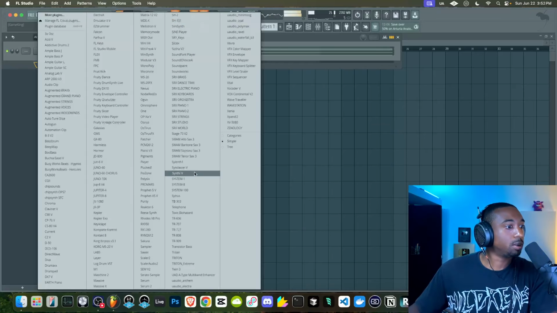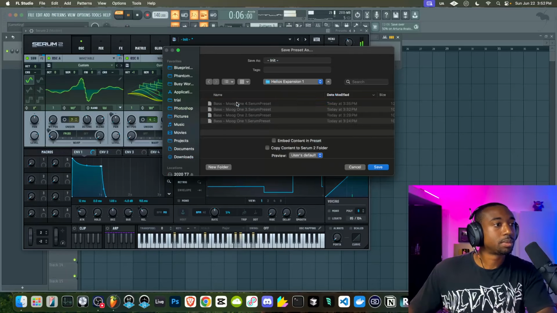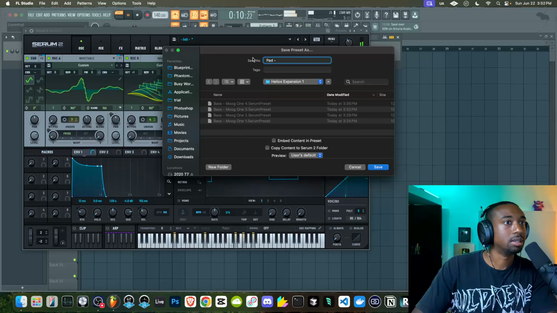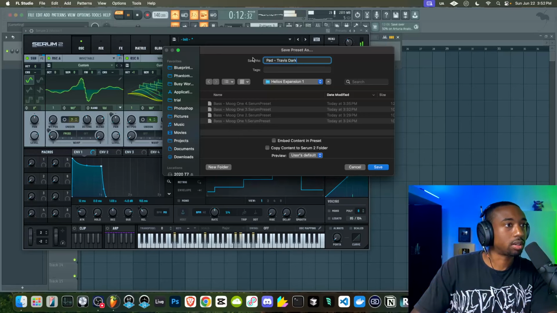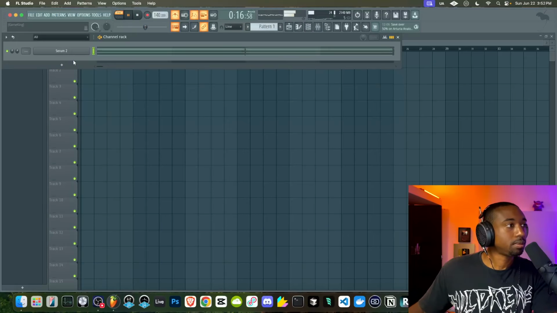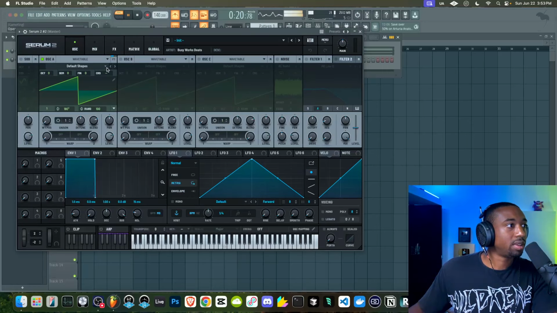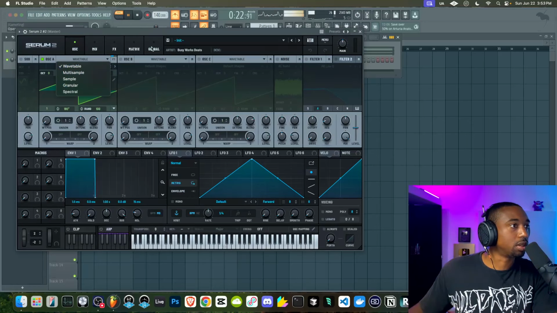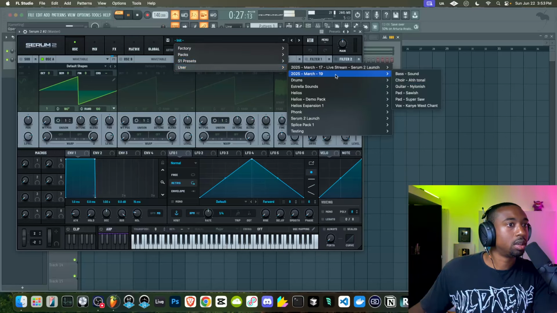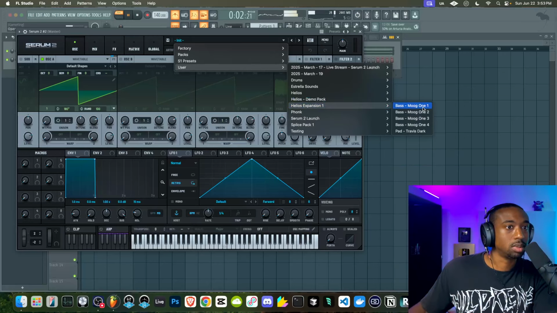Let's add our other sound that we made. Let me save this, make sure we have it saved. So this will be in the Helios expansion. We'll call this Pad Travis Dark. Let's add our Moog sound now. And we haven't even touched the other types of synthesis. We are only talking about wavetable synthesis here. Let's try our Moog sounds here.